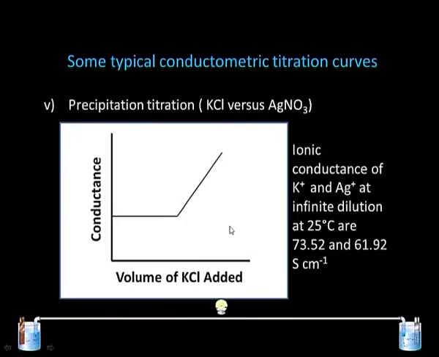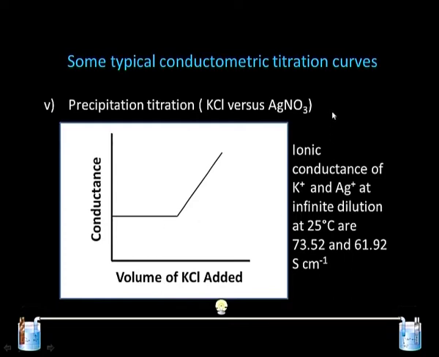If we want to do a precipitation titration to find the concentration, we have to look at two different compounds. One is KCl versus AgNO3. We have silver nitrate in a beaker, KCl is added from the burette, and conductance is being measured. The moment the KCl is added to the solution, the conductance does not show any change, it is almost parallel to the x axis,